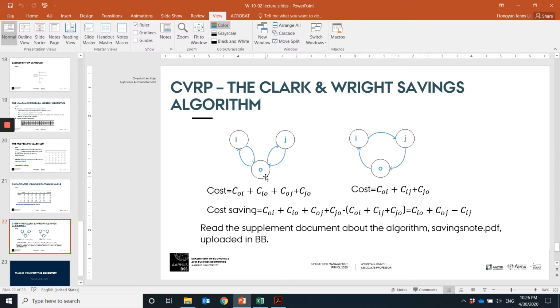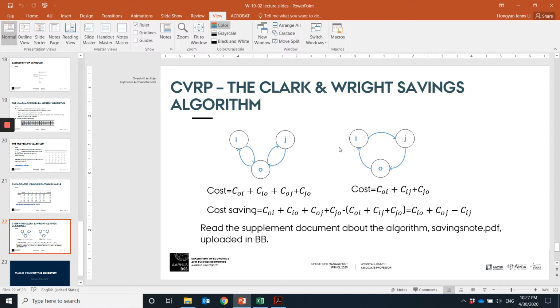The worst solution for this problem, where 0 is the depot: you send a car to deliver the goods to customer i, unload the goods and drive back to the depot, and carry new goods and deliver to customer j and go back to the depot again. This is actually possible, but consider an alternative route: